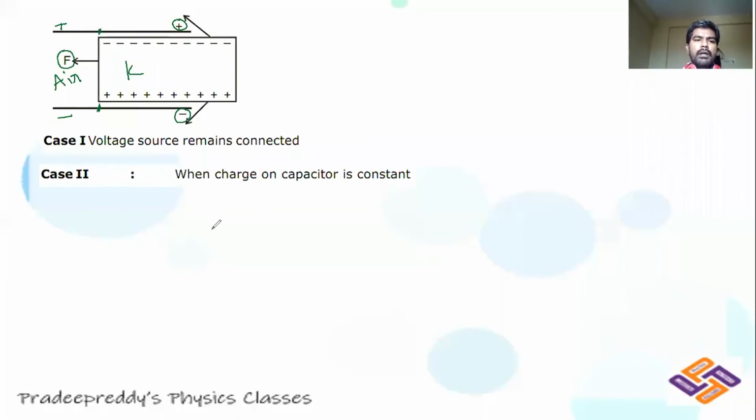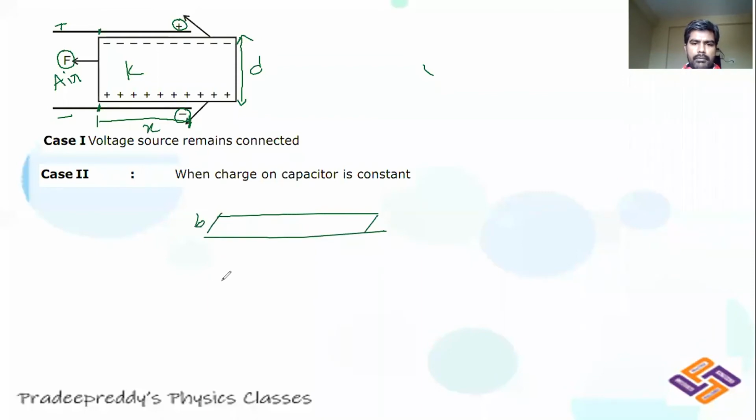Okay. Now if the dielectric slab is partially filled, let me consider the space which is being filled as this part. This is distance d, the separation between the plates. I am considering it as d, and the portion which is inside, let me consider it as x, and b is the breadth of these plates. Like this, the capacitor plates will be like this, right? It occupies some area. It is the breadth. There will be one more plate here,